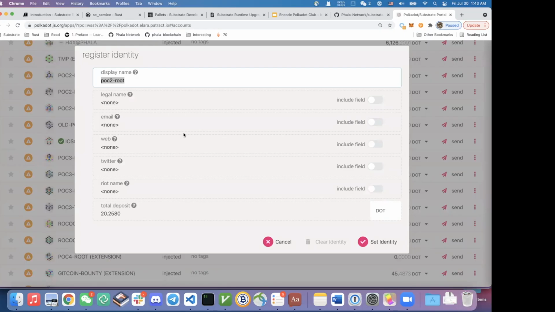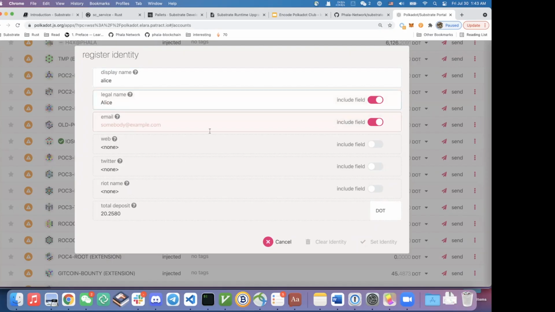For example, I'm maybe Alice, and you can set a few fields like legal name, Alice, and an email, alice at example.com. You can also give it a website, Twitter, and Riot handle, and then you send a transaction